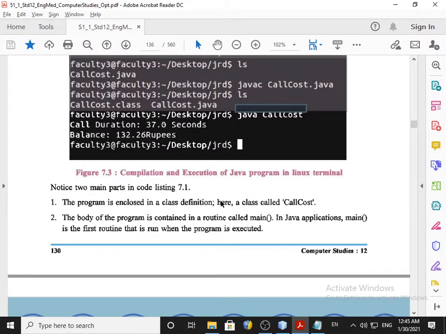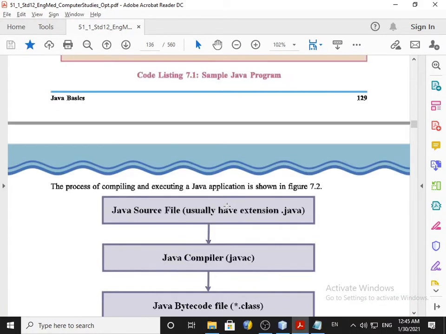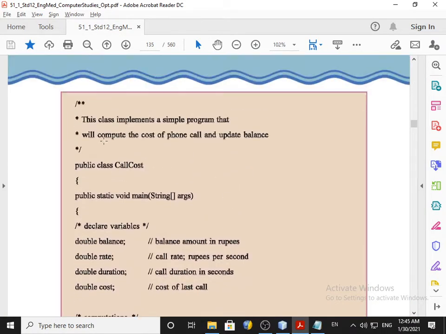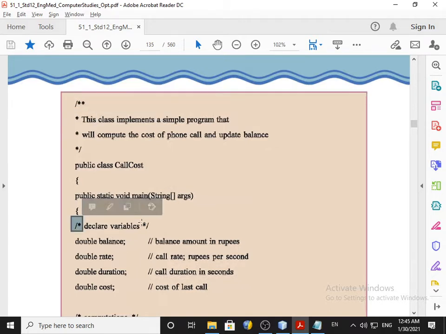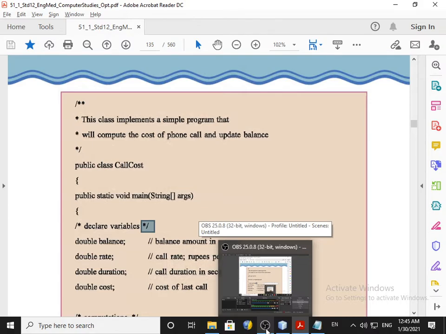Now we go for a program. In this program, if you notice, anything that starts with slash double asterisk, or even slash asterisk and asterisk slash, is called a comment, and comments are only for documentation purposes. We will not discuss them, and Java will not read comments. It ignores comments, because the purpose of a comment is just to inform something to others who are reading your program. So JVM always ignores comments.